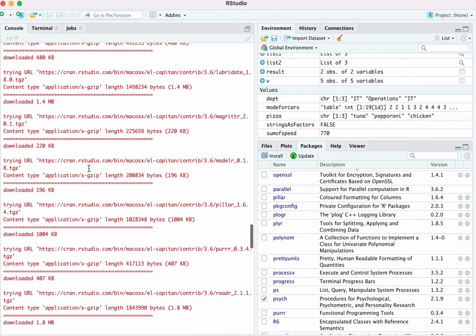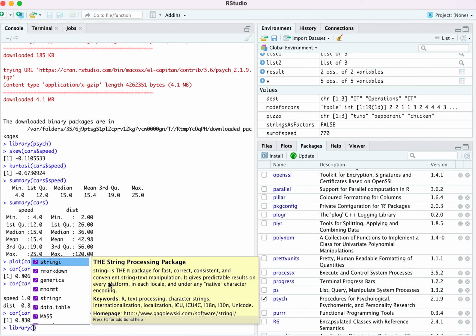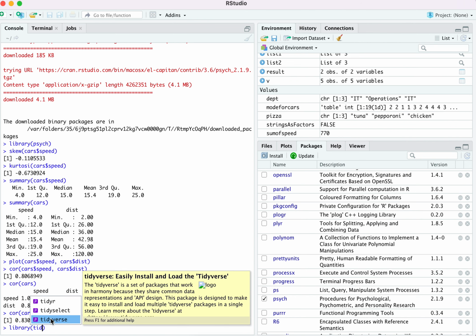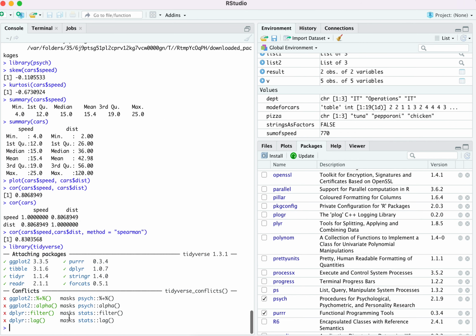So if you still do not have it, you can check it in your library. tidyverse. So I think I already have it in this computer. So if you click it like this,